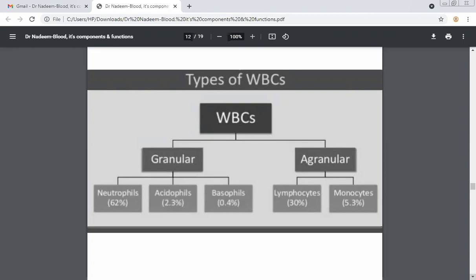while T cells, mainly T helper cells, help in the activation of both B cells and T cytotoxic cells. And they produce cytokines, not antibodies. T helper cells produce cytokines. Cytokines can be of different types. They can be interferons, very powerful agents against virally affected cells. We'll see later on.